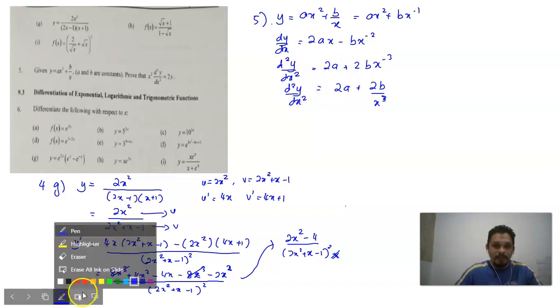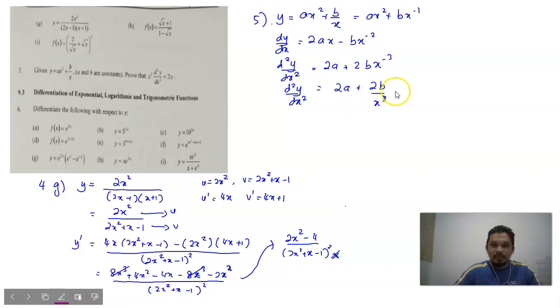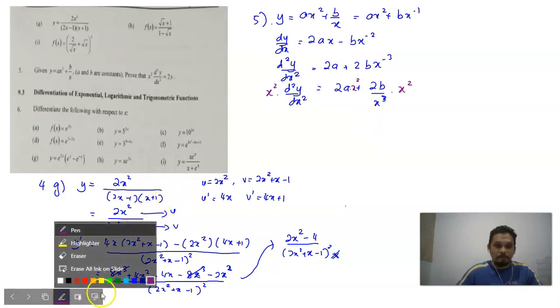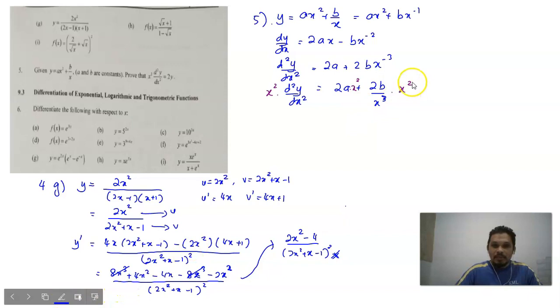Okay, now let's say if I multiply with x squared here, multiply with x squared and multiply with x squared, what's going to happen then? x squared divided by x cubed. Okay, there's only one x left in here. Then x squared second derivative of y with respect to x equal to 2ax squared plus 2b